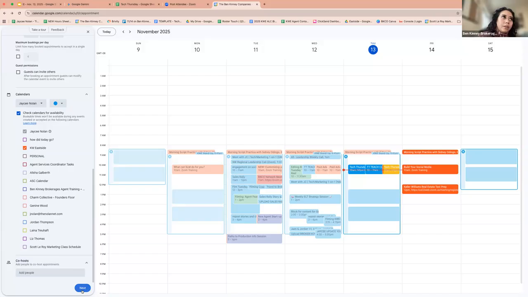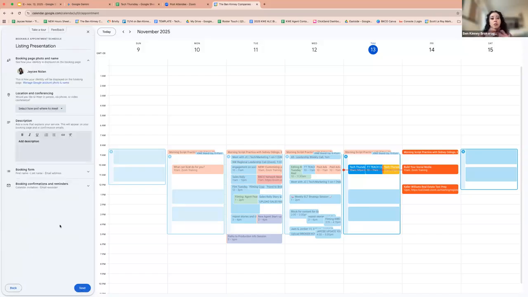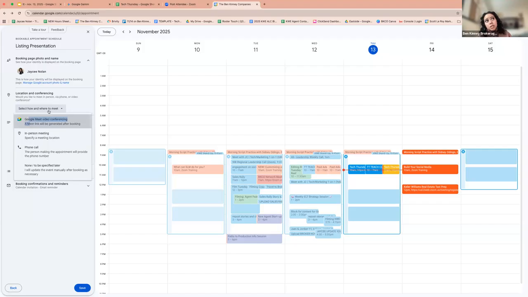All right. Let's move on to the details of what this page will actually look like when someone clicks on it. This last page is the presentation of your booking link. It's going to verify with you, okay, what's the title for this booking link? Listing presentation. How are we going to meet? And you can set up automatically Zoom or Google link or in person, none, specify later,